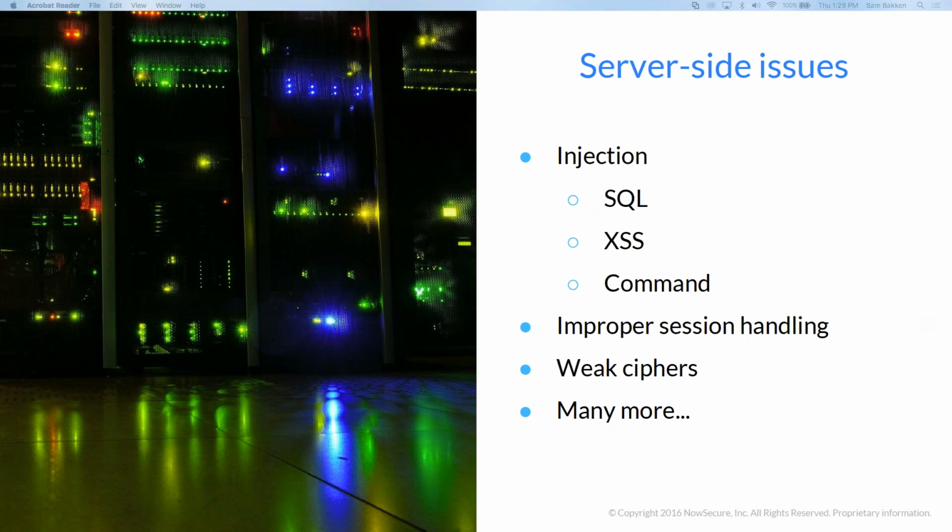So most mobile backend issues really fall within the larger bucket of common server issues. And I recommend starting with OWASP's top 10, which is separate from the mobile top 10, but it really calls out a lot of these common server issues that you may see. It calls out various injection attacks as being at the top of the list. So your SQL injection, your cross-site scripting attacks, command injections, those typical ones that you're going to see not just in the mobile application space, but in web server assessment, web application assessment, all of those server-based